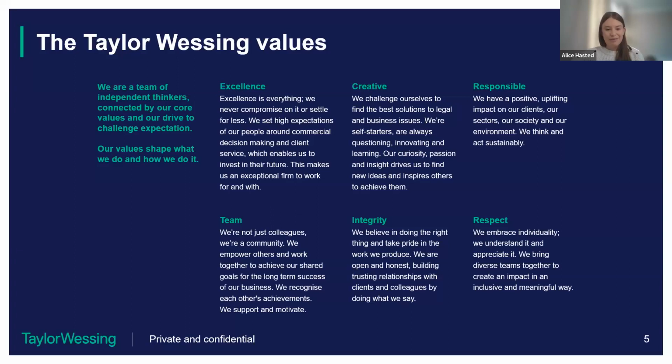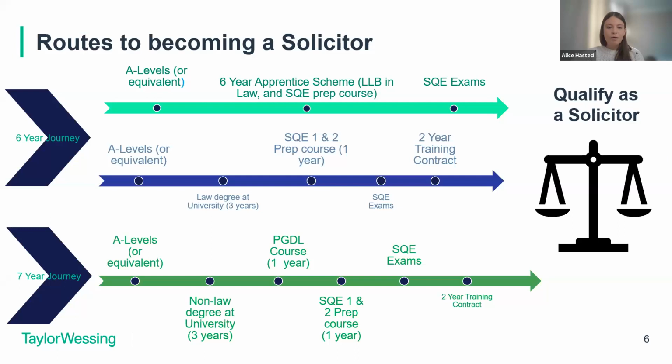I'm not going to speak through them, but they are what we live and breathe at Taylor Wessing, and they're what we do: excellence, creative, responsible, and how we do it through being a team, having integrity and respecting one another. So before I hand over to Daisy, I did just want to speak a little bit around